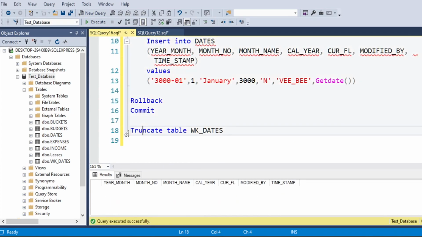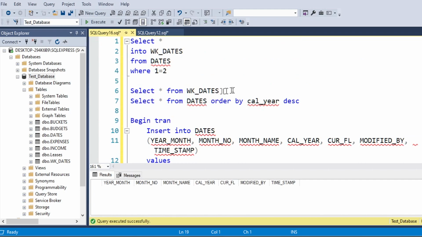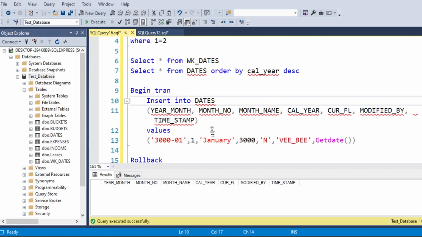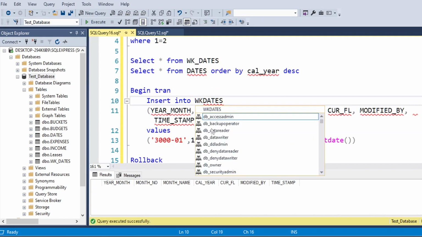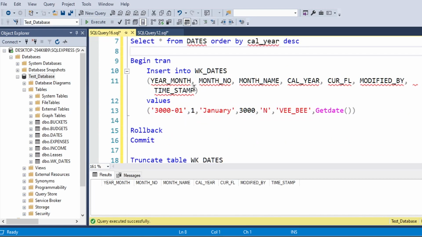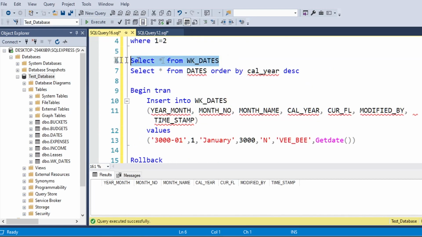And truncate means you're emptying the entire table, regardless of what's in it. It's different than the delete from, where you can say specific rows. We'll go more into deletes and truncate later on, but since we had a little hiccup, I'm going to use it now. Okay, so for our insert into now, I'm going to update that so it'll be for our working